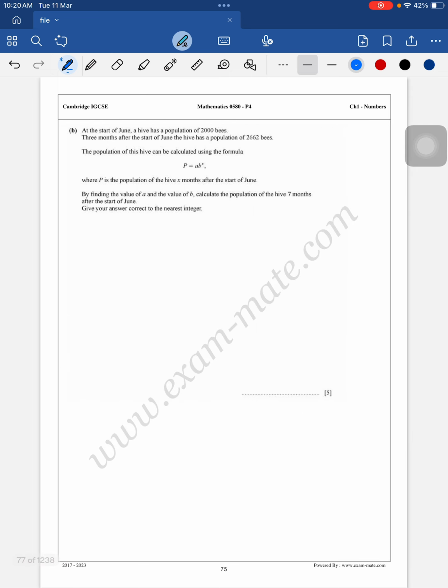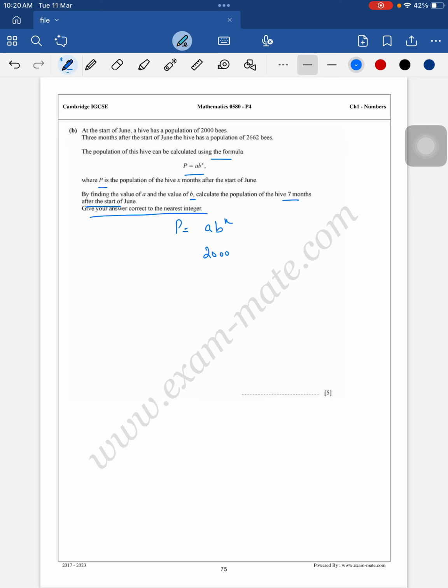At the start of June, a hive has a population of 2000 bees. 3 months after the start of June, that hive has a population of 2662 bees. Okay. The population of this hive can be calculated using the formula where P is the population of the hive x months after the start of June. So P is equals to A B^x, and x months we don't know how many months. 3 months. Okay, we know 3 months. Okay. By finding the value of A and B, calculate the population of the hive 7 months after the start of June. Okay. So population after the start of June was 2000, right? So 2000 was the start,